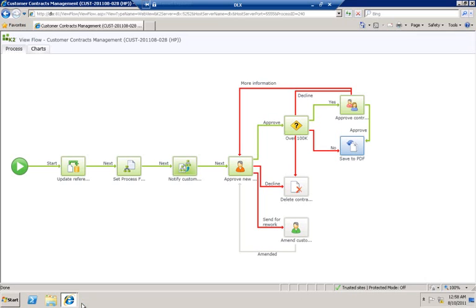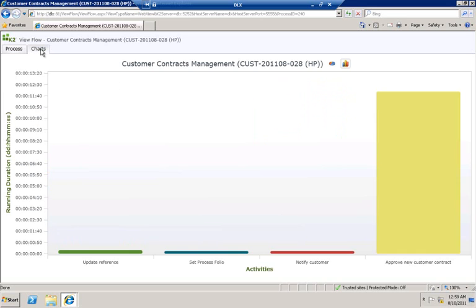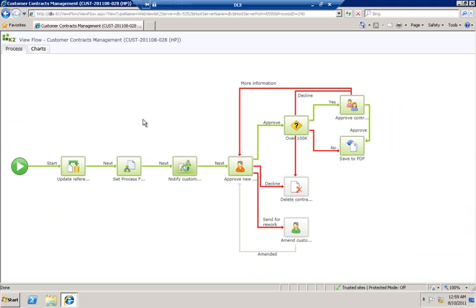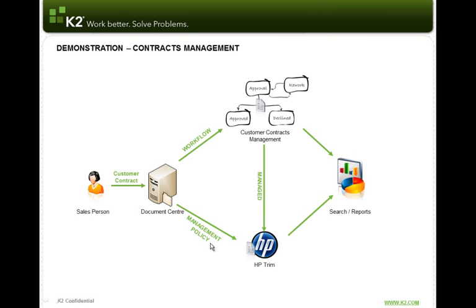So if we now view the flow, we can see that Brandon has approved it, therefore it is following the green path and not the red paths. And what we're now doing is converting the contract to a PDF for sending to the customer and also for archiving purposes. Again, throughout the whole workflow, we could see which tasks were taking the longest and which steps maybe need some work or some attention. So let's go and have a look at